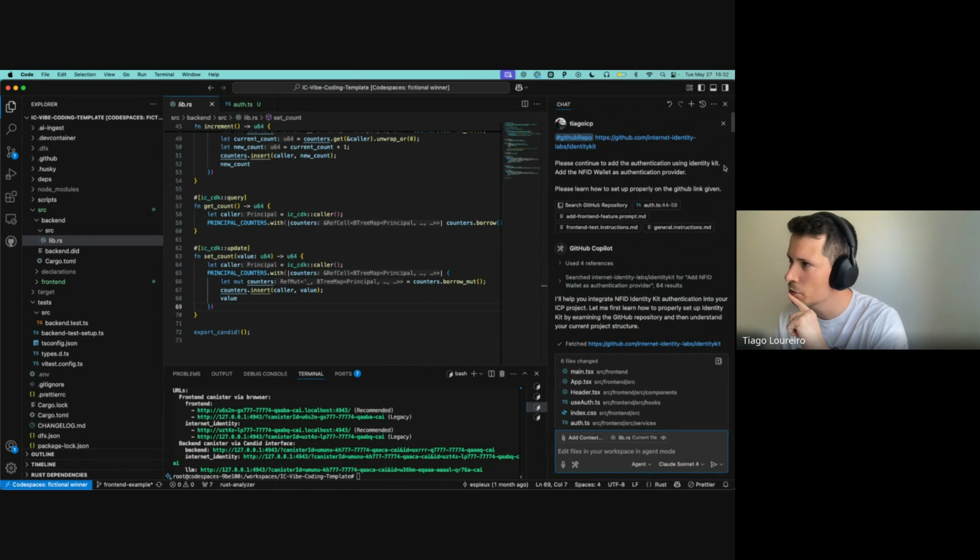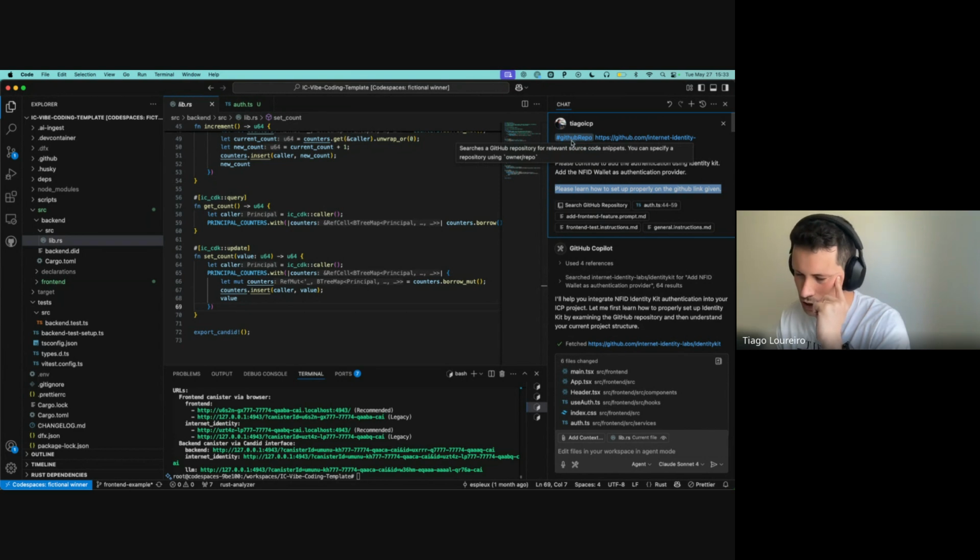I had the Identity Kit, but I didn't have the NFID at the time, which I eventually realized I couldn't use on local development. I would need to use a local version of NFID wallet as well. And I instructed it to learn about Identity Kit and about NFID wallets directly from this